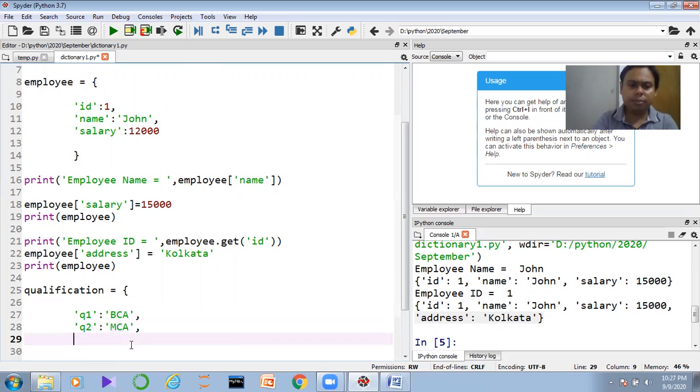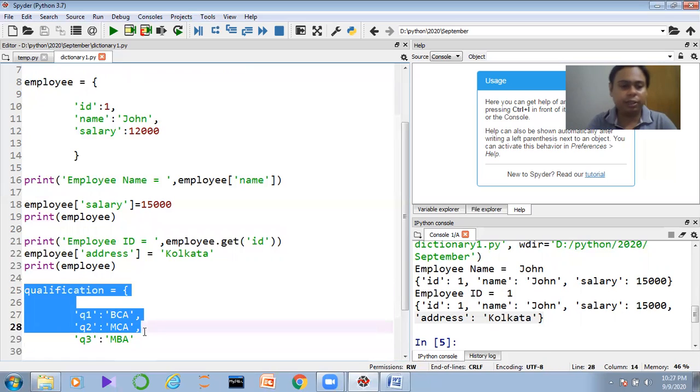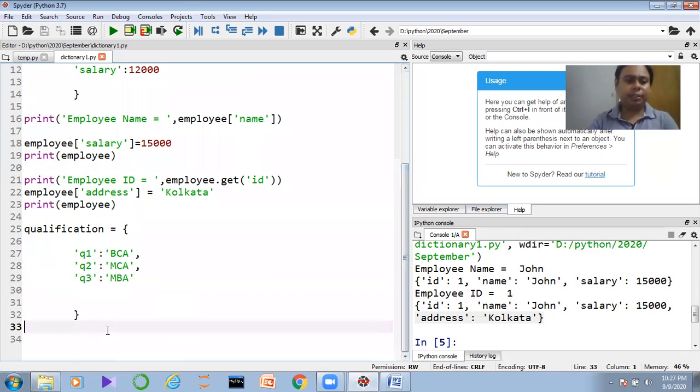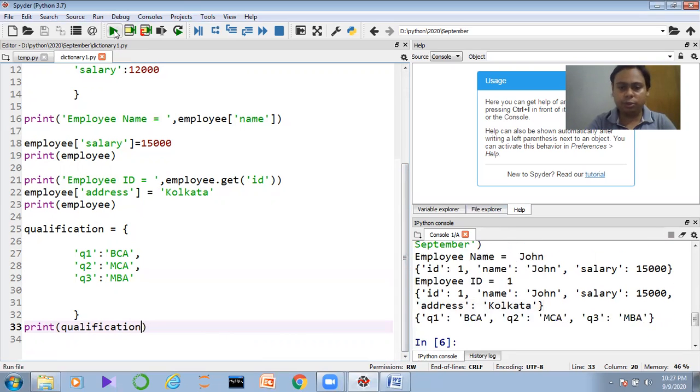And suppose he also has qualification 3, a highly qualified person, so we can provide MBA. We have already defined all the information here, guys. Now if I want to print the data, just print, and execute the code, and we can get the qualification.